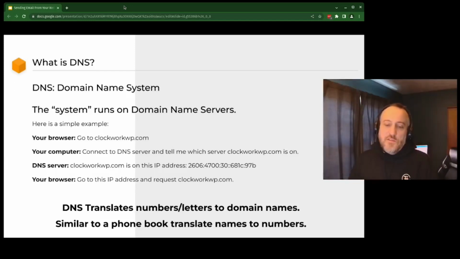So DNS is real similar to a phone book, a little old school here. My name is Aaron Ryman, but you don't know my phone number. So you used to be able to go to your phone book and look up under Ryman, find Aaron, and there's probably only one Aaron Ryman, and boom, there's my phone number. DNS is kind of the same thing. It translates the known to the unknown, vice versa, because it's really hard for everyone to remember IP addresses for all the websites that they go to.